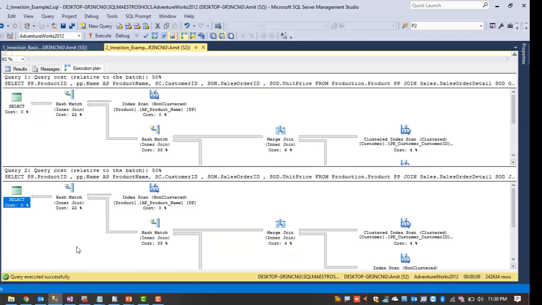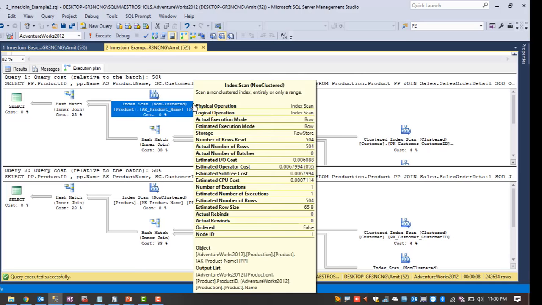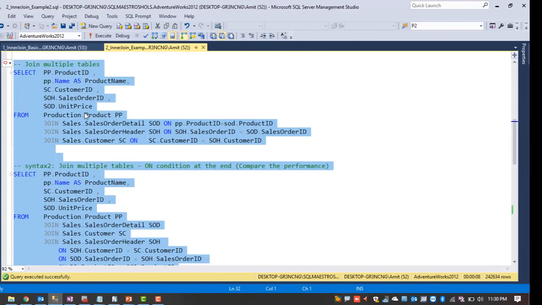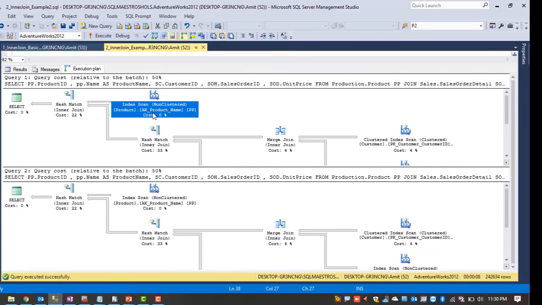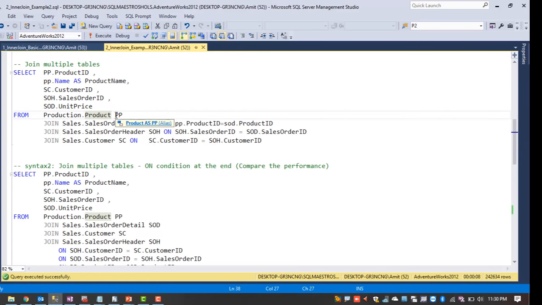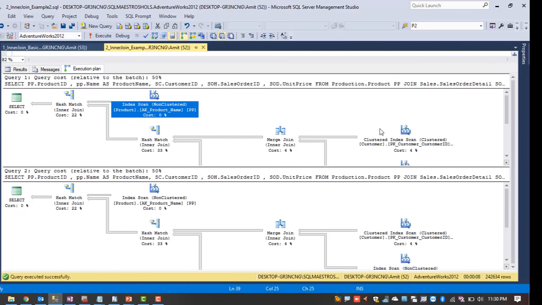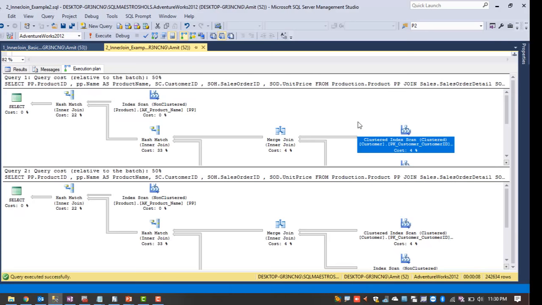But the point to be noted here is, if you observe in our query we have mentioned the production.product table first and SQL Server is accessing the production.product table first. In the same order we have mentioned sales order detail, but SQL Server is not accessing sales order detail, instead it is accessing the customer table.